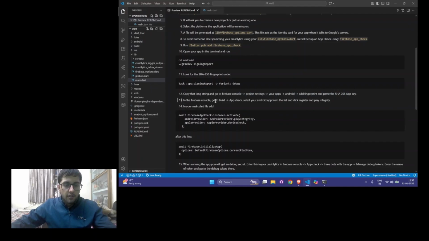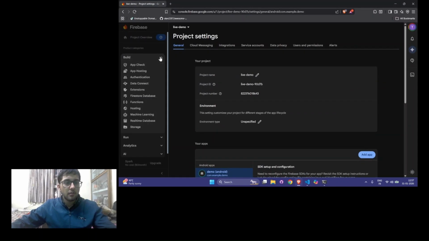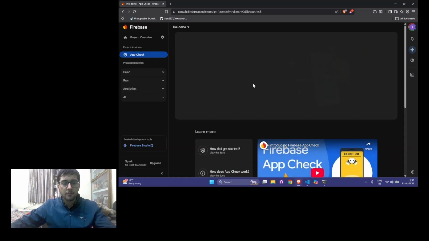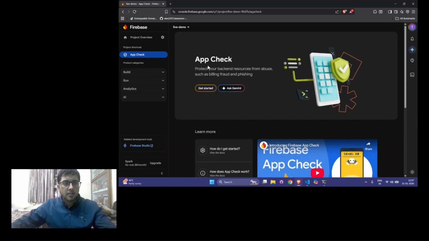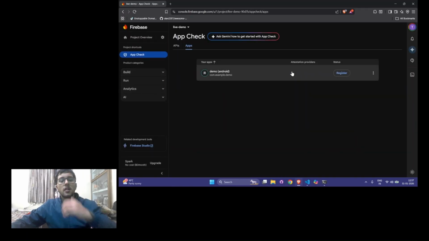Next, in the Firebase console, go to Build, App Check. Select your Android app from the list and click Register and Play Integrity. Okay. In the Firebase console, go to Build, App Check. This means Firebase console, Build, App Check, then Apps. Yes, get started here,